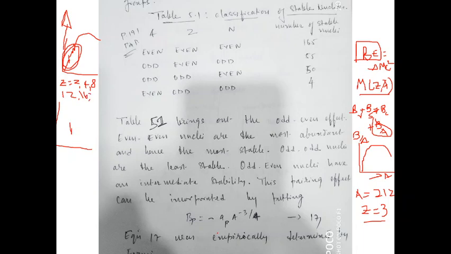16, 20. So these are all certain nuclei which have unusually higher binding energy than their neighbors. If you consider Z equal to 1, and go from Z equal to 1 to Z equal to 2, suddenly you will find a peak. And again, if you go from Z equal to 3 to 4, you again get a peak. So there are some unusually high values found for even Z, which I have just mentioned here.